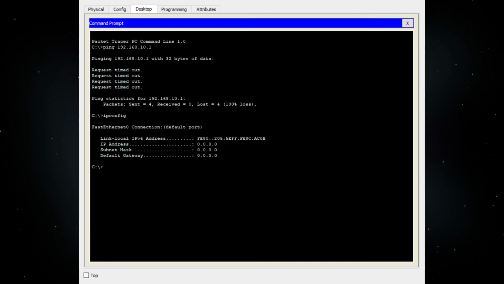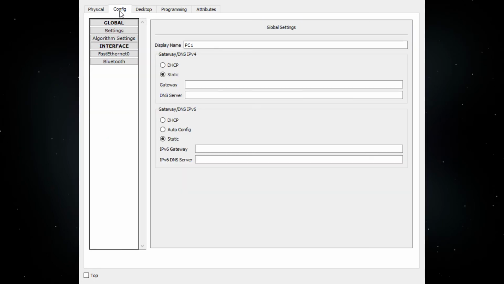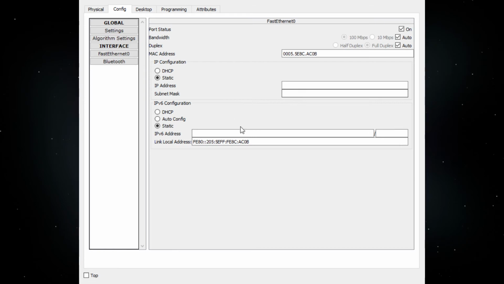So if you type ipconfig, it'll show your IP addresses and your default gateway and your subnet mask. Here I don't have anything, so of course it's not going to work. So I'm going to go to the physical or the config. I'm going to set the gateway to 192.168.10.1. Then I'm going to go to the Fast Ethernet and I'm going to set the IP address to